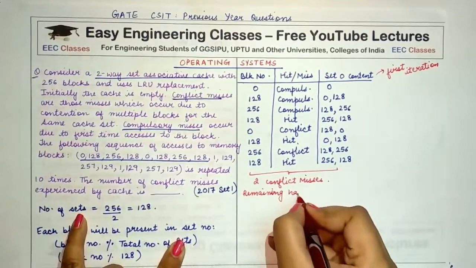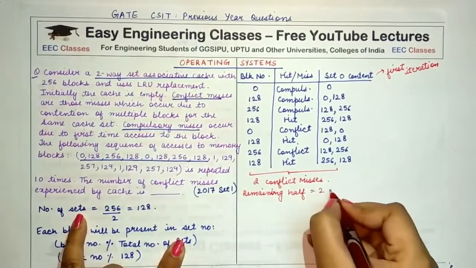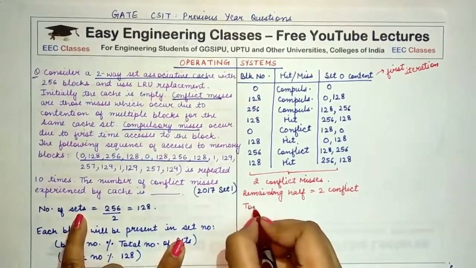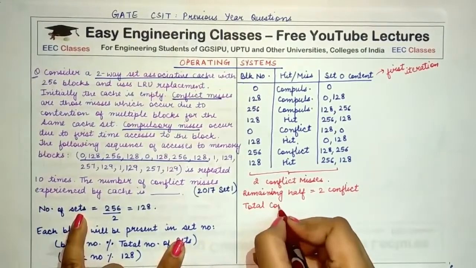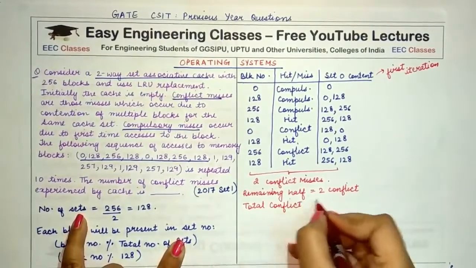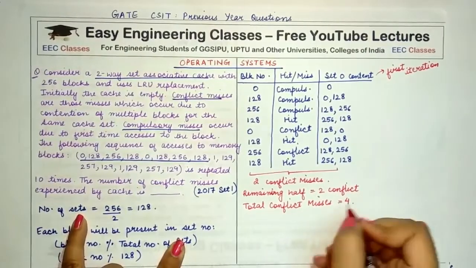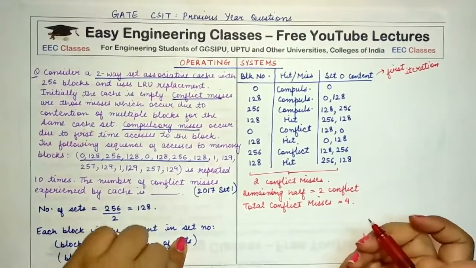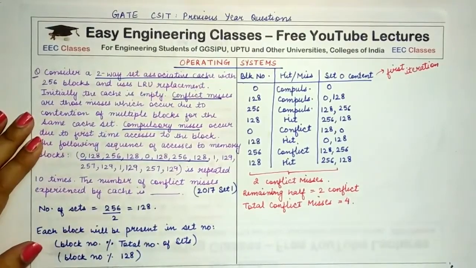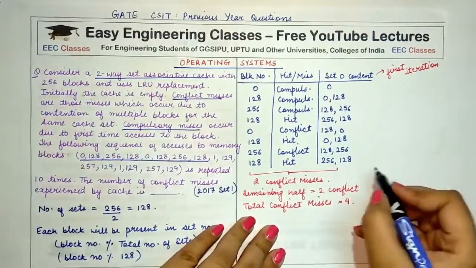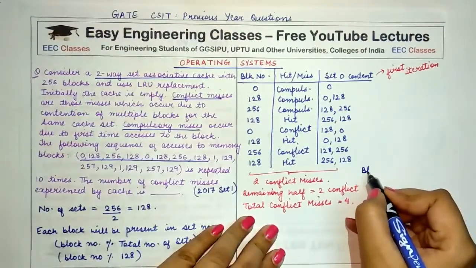Remaining half entries also, there will be 2 conflict misses, and the total conflict misses come out to be 4 for the first iteration. Alright, now we have to check what the other iterations would look like. Similarly, we would do the same thing for other iterations for the same half. Alright, so if we write down here block number,